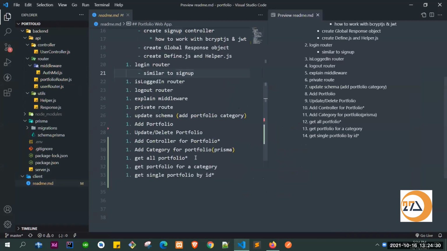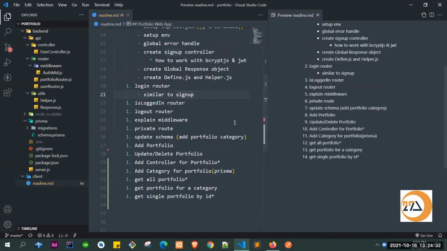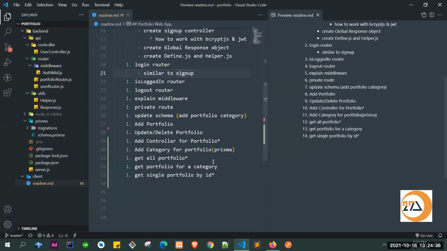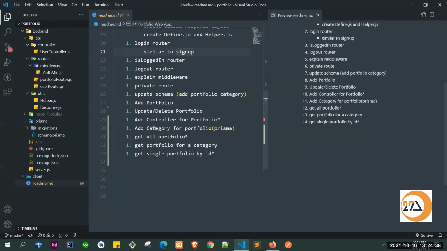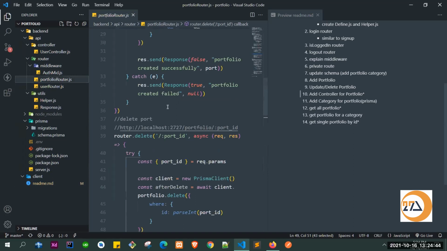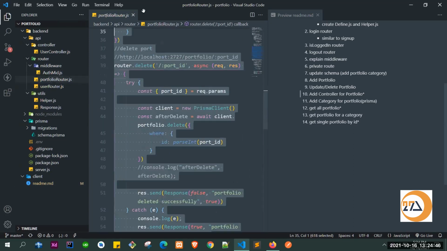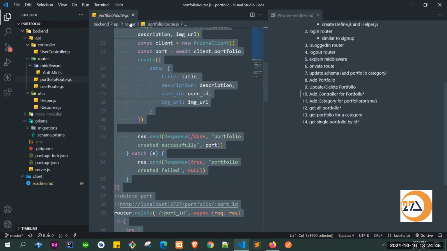Okay, so hopefully we can finish the API part today. We have a few things left, so let's see. What we will do is create a separate controller for the portfolio router, because we actually did everything inside this router. So we'll clean this up, and